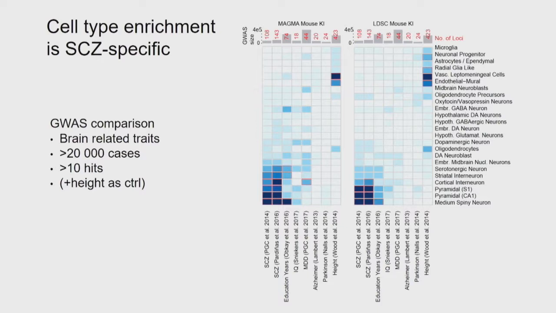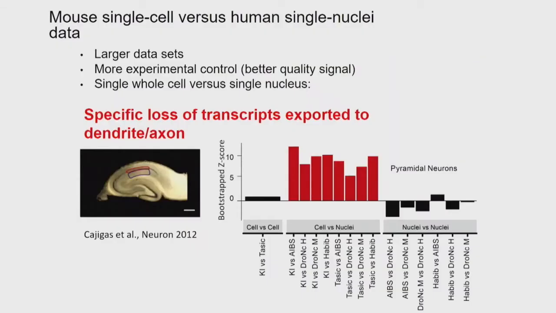So we want to try to do this now with single-cell data from humans. To date, it's very hard to do human single-cell sequencing in the brain, so what you resort to is human nuclei. The reason is that human neurons are so large that they tend to break when you try to dissociate them. Many groups, including the Allen Institute and my group for many years, have tried, and we've given up. So we isolate the nuclei and look at the RNA signal there instead.